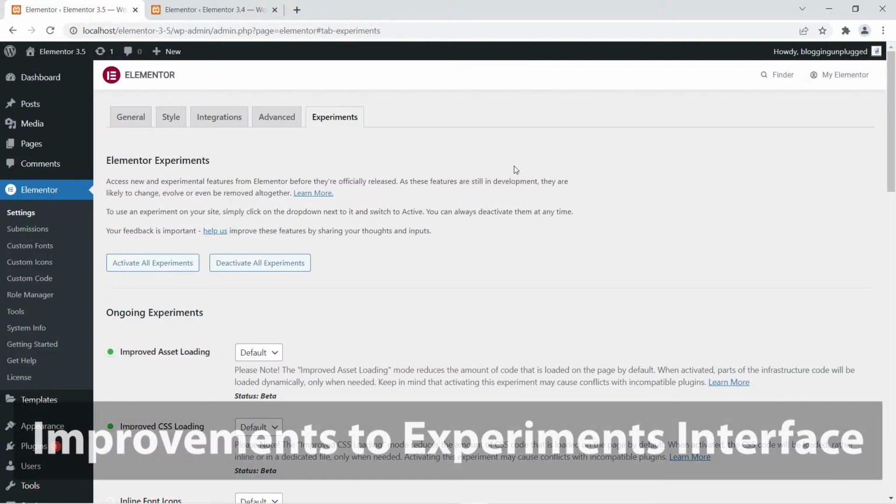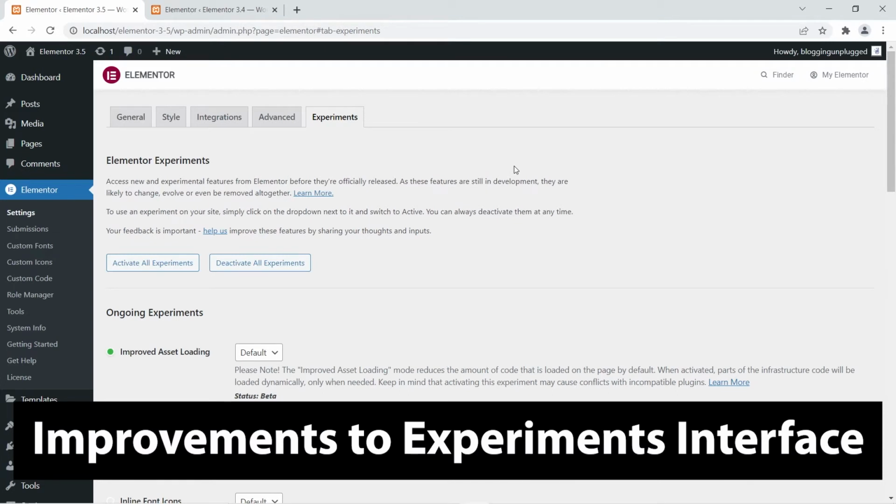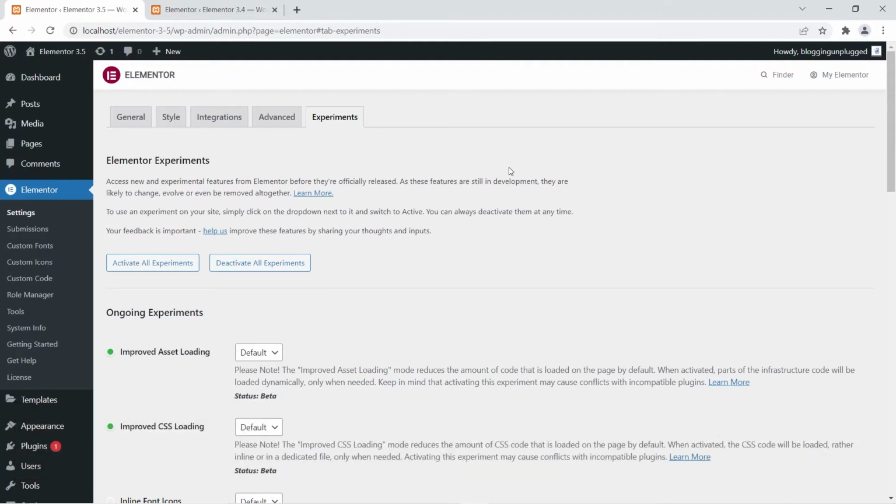Now, after the new design features, the next change that we are going to discuss is the improvements to the interface of the experiments tab in Elementor. Now, in case you are not familiar with experiments, then let me tell you, this feature was introduced in Elementor 3.1 and it is